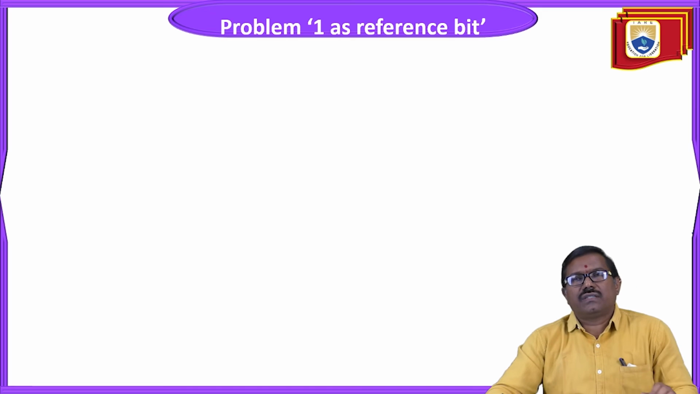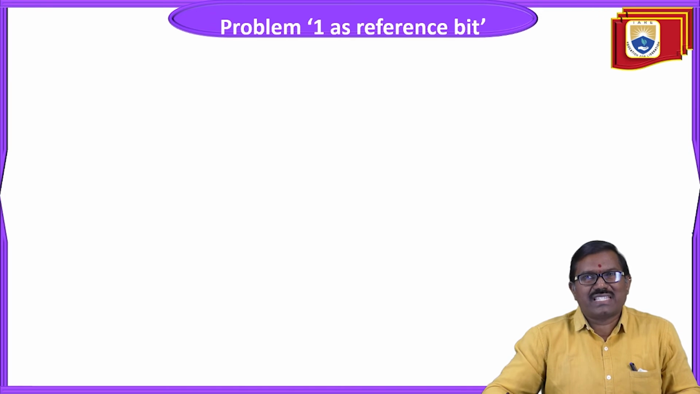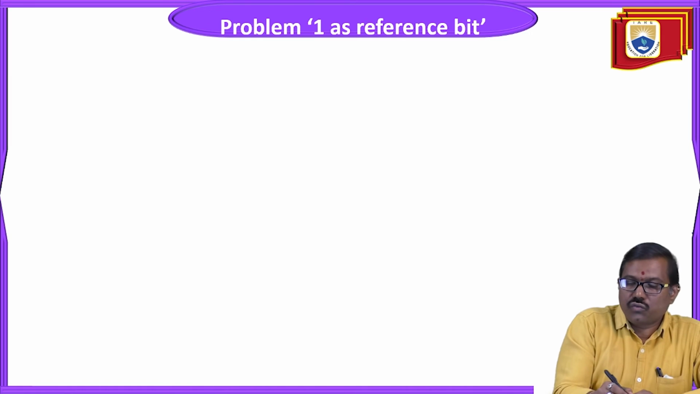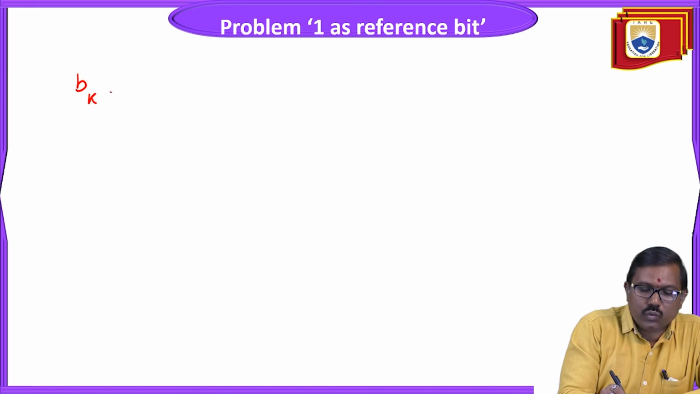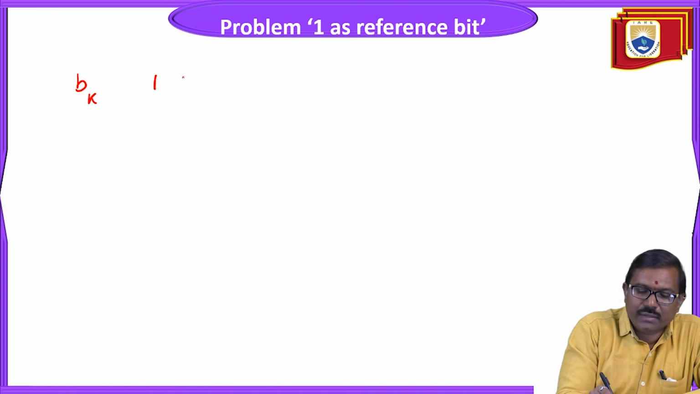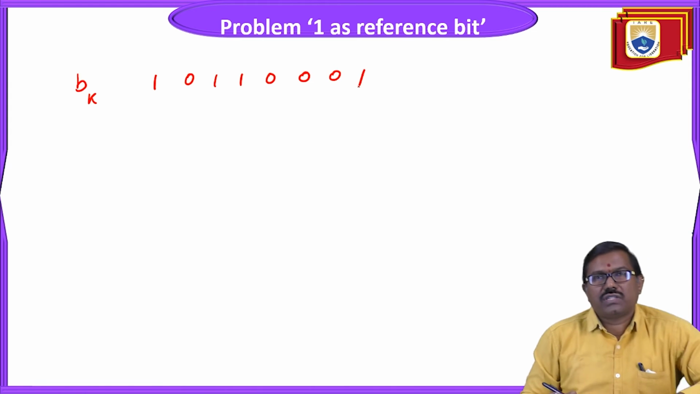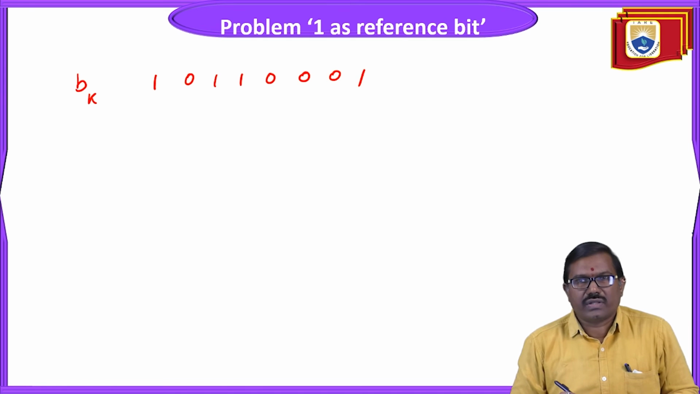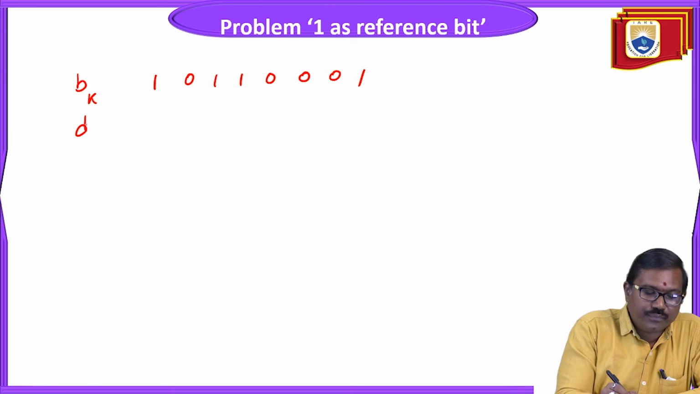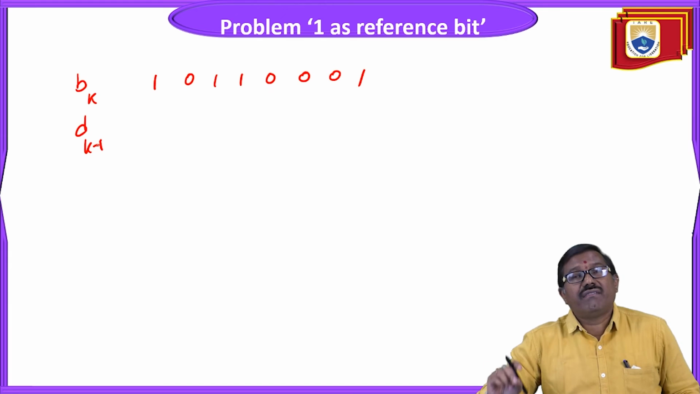Now we are taking one problem, problem 1, with 1 as a reference bit. First I require DK, that is, the binary sequence. Here I have taken the binary sequence 1 0 1 1 0 0 1. So this is the given binary sequence. From this binary sequence I am going to produce DK minus 1. So what is DK minus 1? The previous bit of the